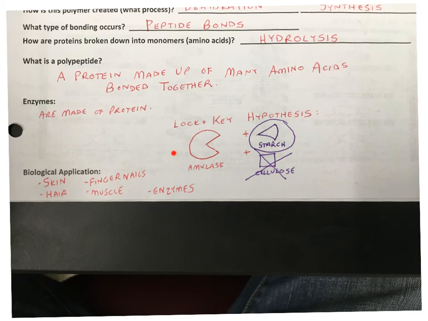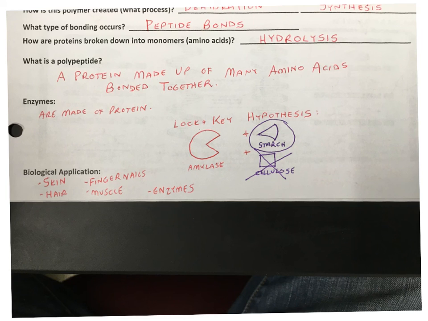Amylase, if you look at it, right now I have like a Pac-Man here. And this would be like the lock, right? As you know, if you go to enter your friend's car, you can't get in because you don't have their key, right? And likewise, they couldn't get into yours. That's because certain keys are specific to certain locks. Well, here's how this works. Amylase has this chunk that's missing right here, right? And so what it's looking for is something to complete itself. It's called an enzyme